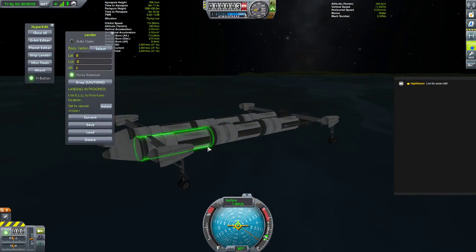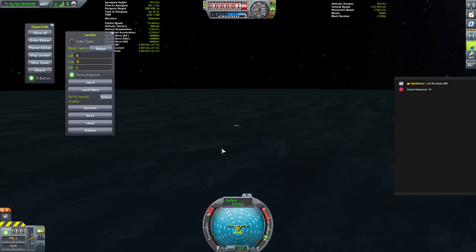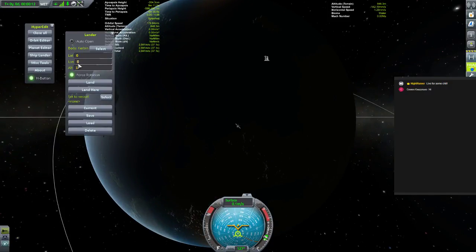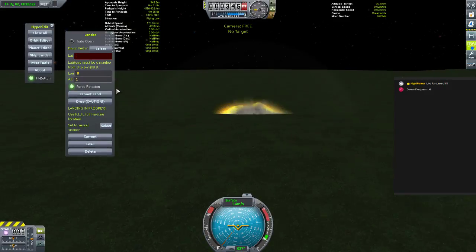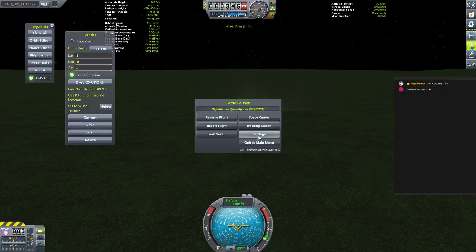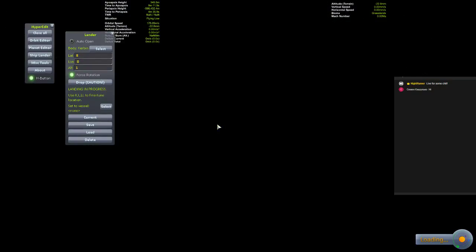Whoops. So that's 0, 0. Equator, of course. So 90 on the longitude, maybe? Nope. Whoops. So that exploded. Cool. I think that's because it was on the ground. Makes sense. Revert flight to...